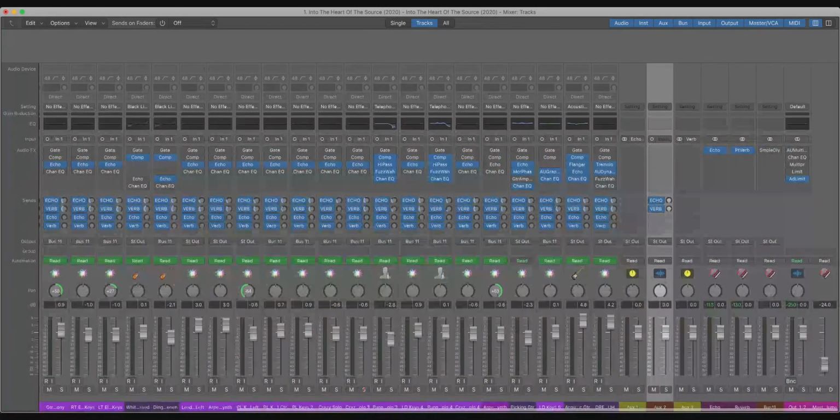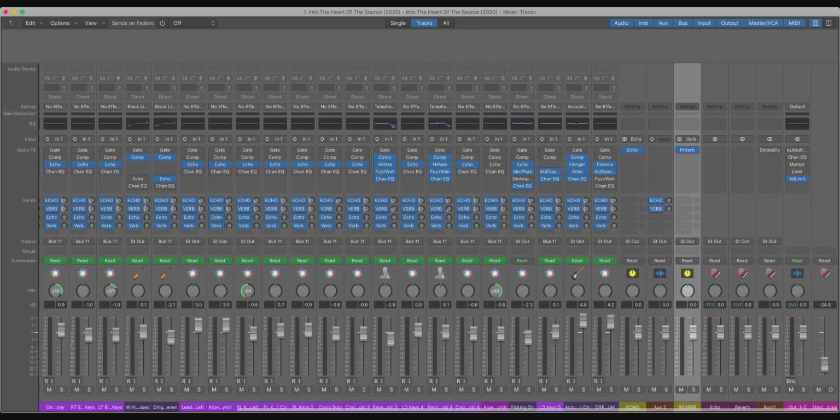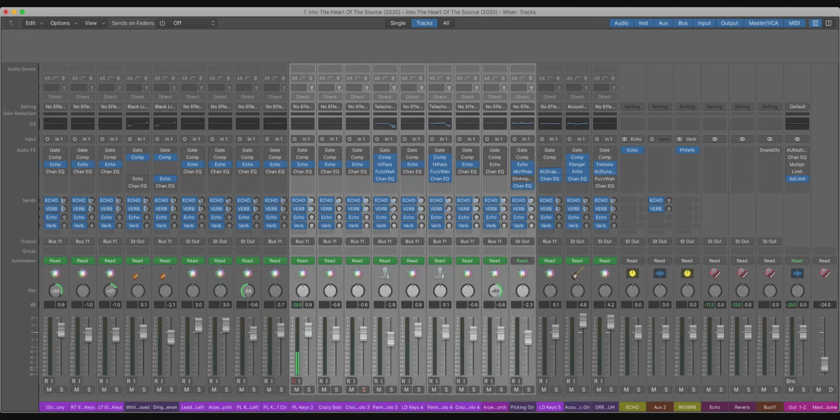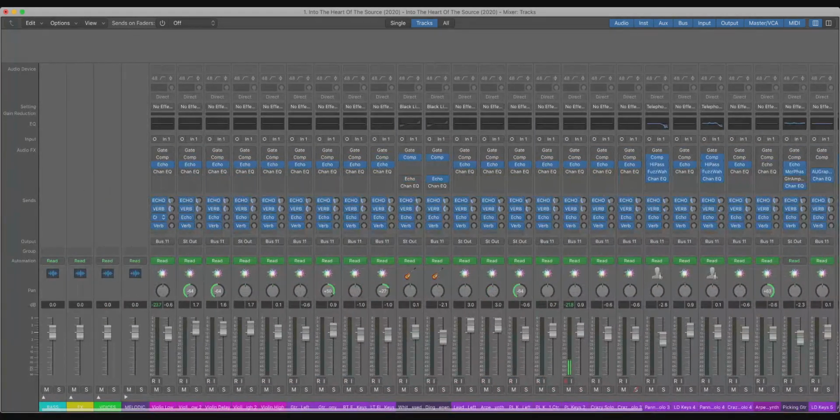So what I'll do is I'll transfer this echo here, and I'll transfer the reverb here. Okay, and I'll rename this echo. I'll rename that reverb. Now this sample delay doesn't look like it's being used by anybody, so actually all these guys are going to the sample delay, but then the sample delay is not on. So I don't know if they're being automated. Maybe I won't just remove that just yet. And what I'll do